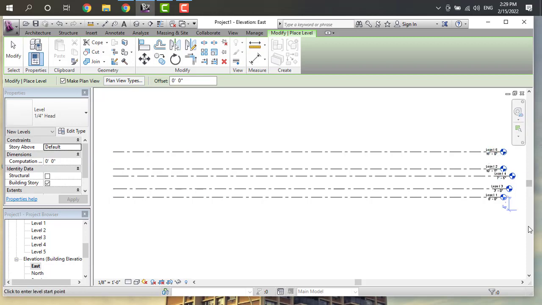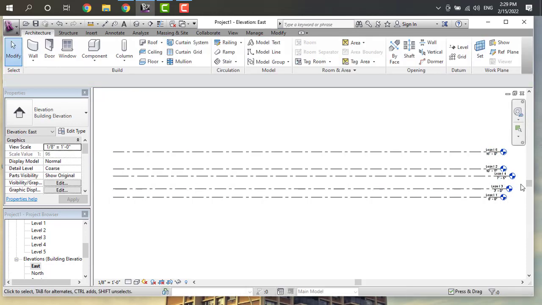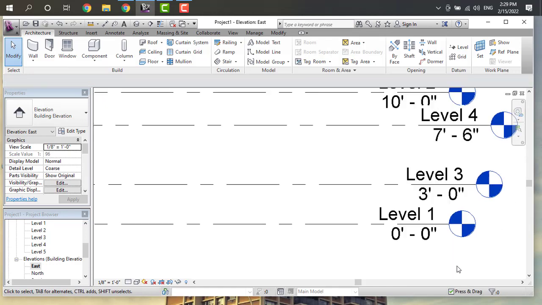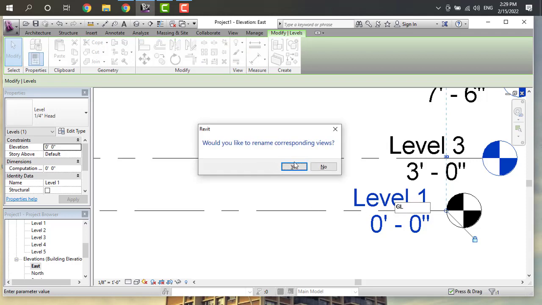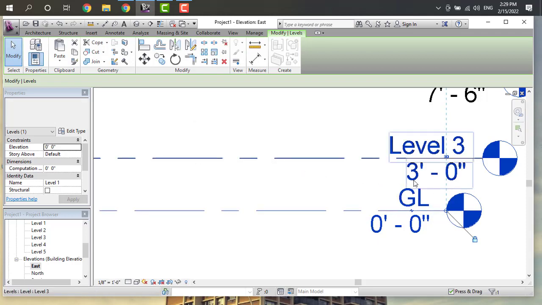Click on escape like this. Here I have to fix the level name as ground level. Click on it, it will change like this. Here level 2 will be floor level.